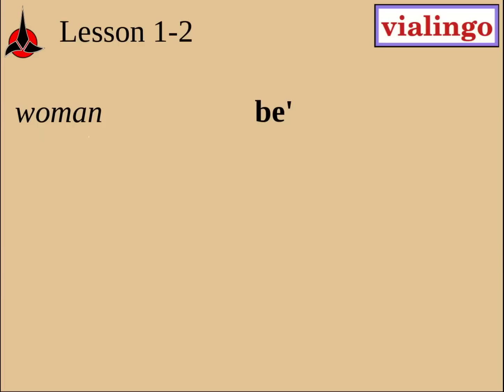It wouldn't be easy to incorporate this sound directly into an image. For that reason, we will use something with the same shape, a stick, to symbolize the apostrophe. Whenever you have an image which involves a stick, you will be reminded that the word has a sound which is cut short, and that the word is spelled with an apostrophe. So, woman is beh. Imagine a woman being chased by a ferocious bear. Eventually, she fights it off with a large stick. Beh.